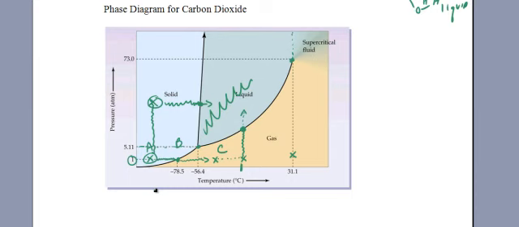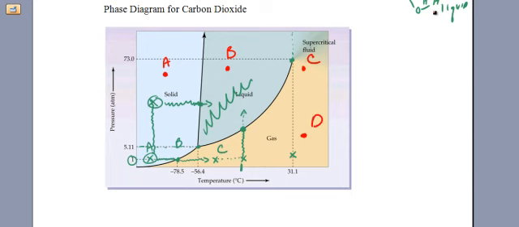All right, so what you should be able to do for your test here is to be able to identify where your solids, liquids, and gases are on the phase diagram. You should understand the triple point, the critical temperature. And if we plot a particular scenario, let's just say, again, we've already used A, B, and C. Let me just change my color here. Let's go with, say, a red color. On the test, I might give you point A, point B, point C,